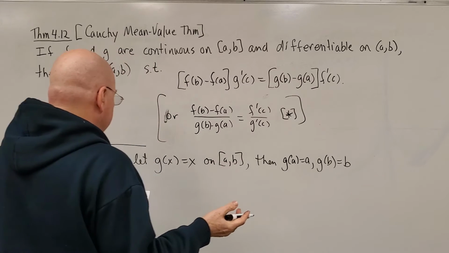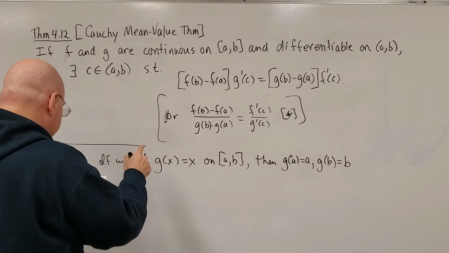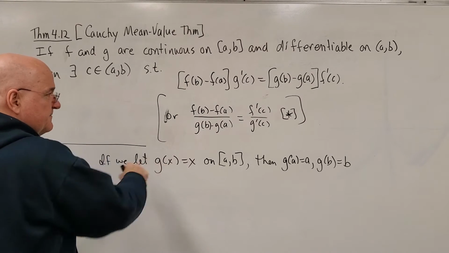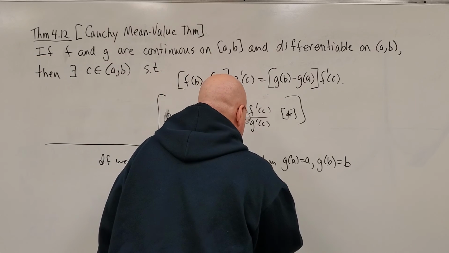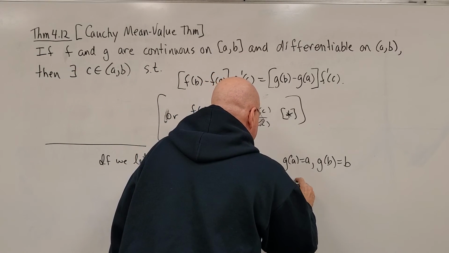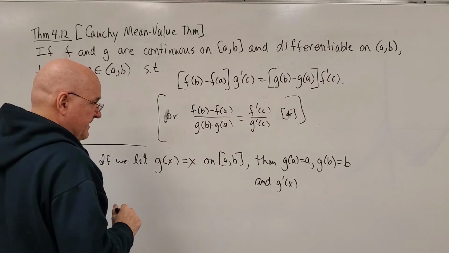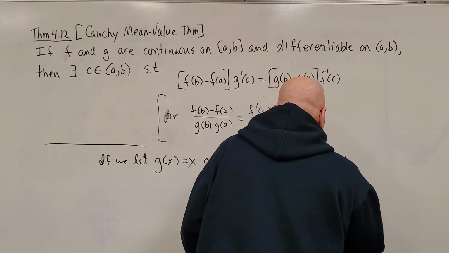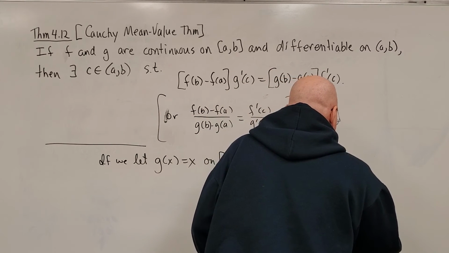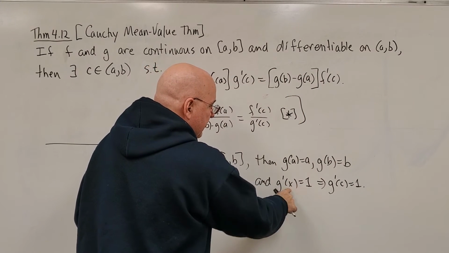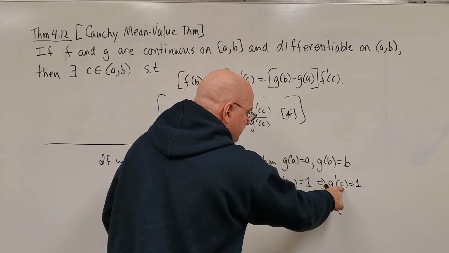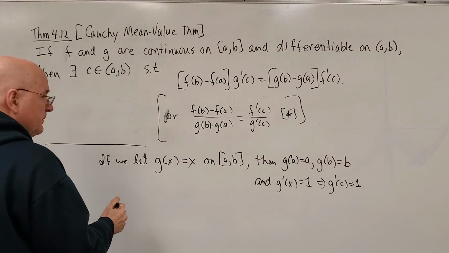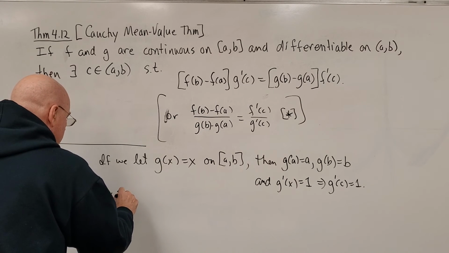In general, g of x is equal to x, but we also know the derivative of this function. And g prime of x is just a 1, right? Which implies that g prime of c is equal to 1, because the derivative is equal to 1 everywhere in the interval a to b. So therefore, c being on that interval, g prime of c is equal to 1. So by substituting